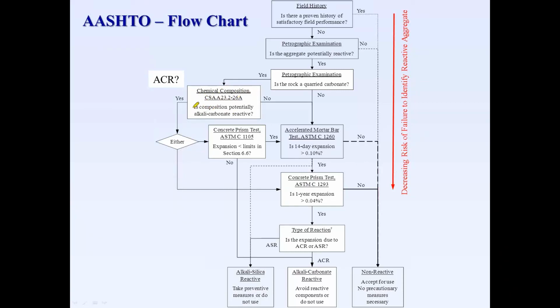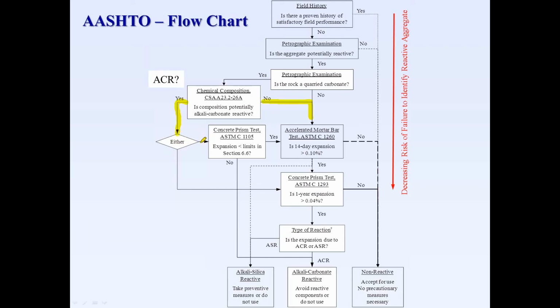Based on this composition, we can plot it on the graph and determine if we have the potential for alkali carbonate reaction. If we don't, based on this very quick test, we're fed right back into the loop for ASR again. It's a quick screening test, and I believe Kevin covered it in test methods last week. If we decide, based on the composition, that it is potentially carbonate reactive, we come onto this loop here,